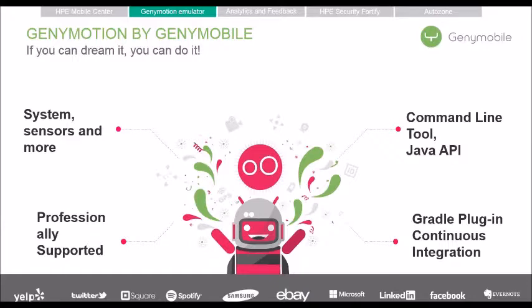Genymotion provides continuous integration server integration. So if you know exactly what this means, this practically takes a huge chunk of work out of your hands. You can automate it and put it on with CI so that once you set it, you don't have to worry about it at all. So when you bring all these things together, I'm sure many of you are taking a mental note, thinking, hey, let me compare with what I'm using. And you are going to see that this is by far the most advanced Android emulator.